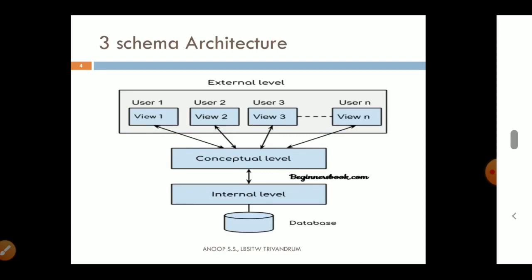Take an example of a university database. User group 1 is a student group. For each student, all the data inside the university database, which resides in the conceptual level, is not visible. They can view only a part of the data, maybe their profiles or their own marks. Likewise, teachers get some other view of the whole class.